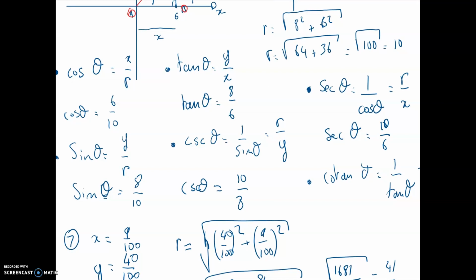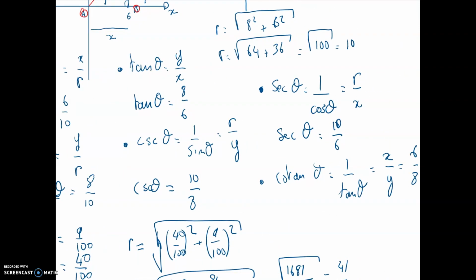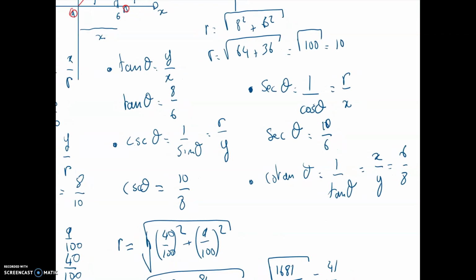My sine, which is y over r, will be 8 over 10. Now, for my tangent, it's y over x, it will be 8 over 6, pretty easy. For my cosecant, which is the inverse of sine, I will end up with 10 over 8. My secant, which is the inverse of cosine, this time it's r over x, which is 10 over 6. And the cotangent, it is 6 over 8 because it's the inverse of tangent,